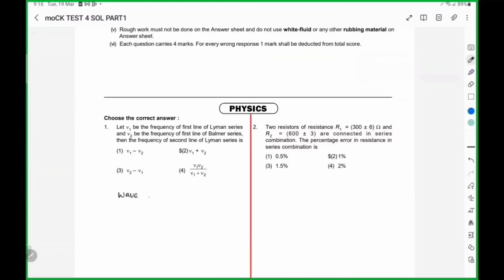Wavelength of first line of Lyman series for some element is 1 by lambda is equal to R Z1 square into 1 by 1 square minus